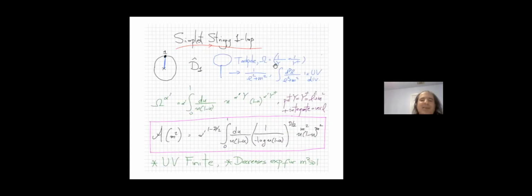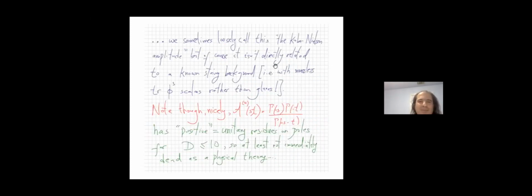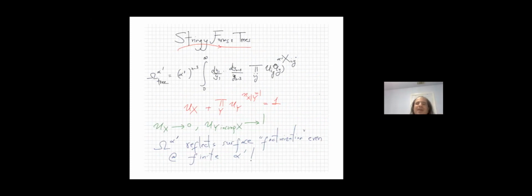However, what really gets you excited about string amplitudes, even at tree level, going back to tree level here, is that this is not the physical limit of high energy scattering. This is the kind of unphysical limit where S and T are both large and negative. That's a limit where string amplitudes are sort of trivially soft.